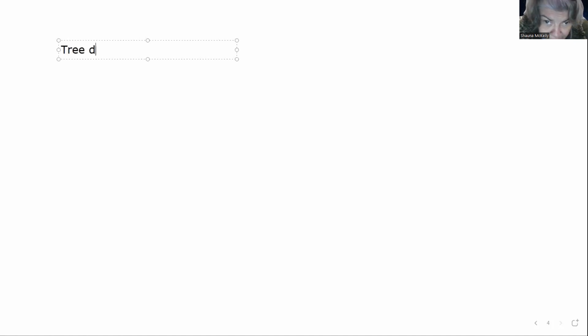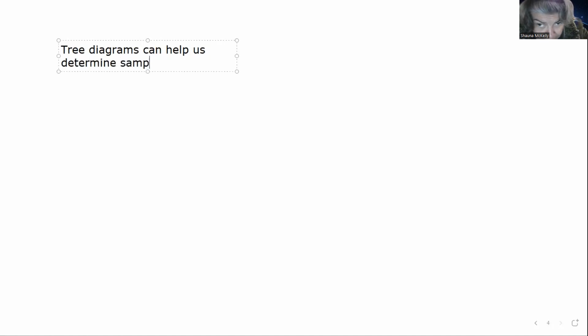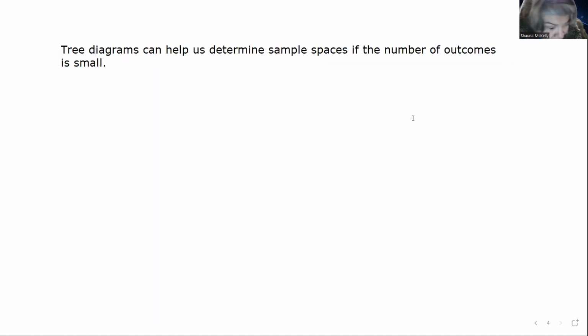So one thing tree diagrams can do is help us determine sample spaces if the number of outcomes is small, okay? If you have a large number of outcomes, we have counting rules for that. We have other ways that we deal with that, which we'll see more in the next couple of sections